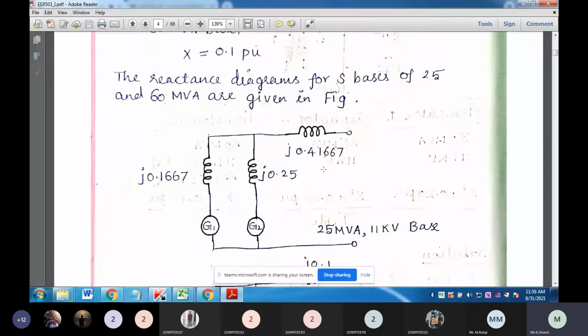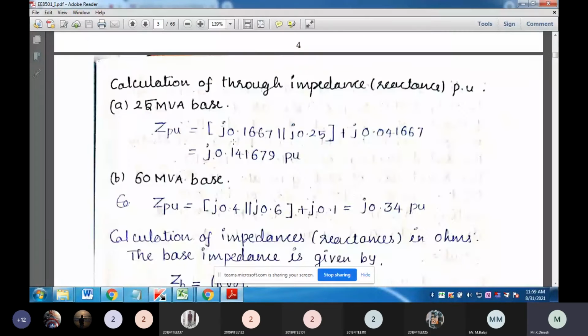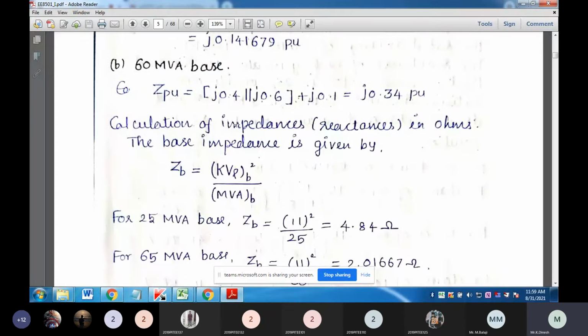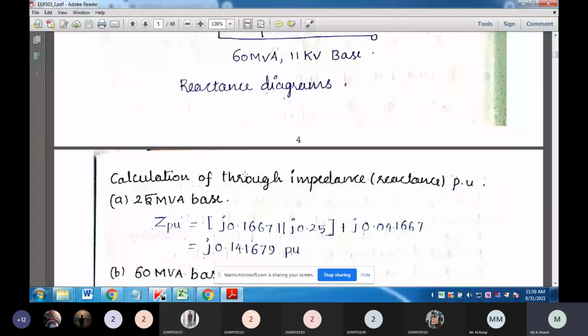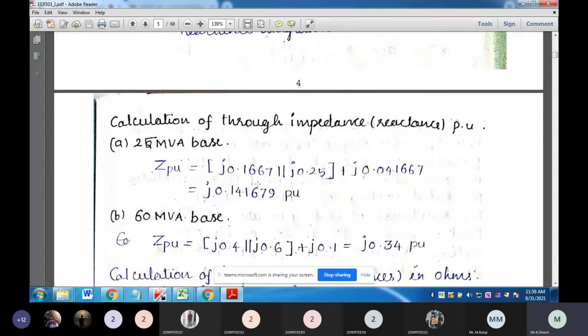Yes. So next one is the impedance also. I have to calculate the impedance. They are trying to find out what is the impedance. So for 25 MVA, J0.167 in parallel with J0.25 plus J